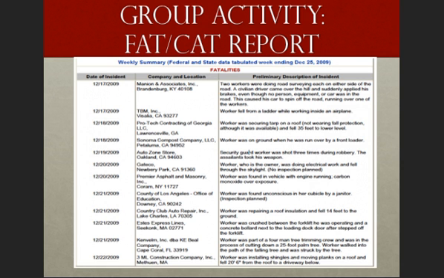I have put an image on the screen that outlines what is commonly referred to as the Fat Cat Report. Additionally, I want you to note a couple of things of interest. Firstly, the company name and company location are clearly identified as well as a description of the incident, including the date. Many people find this type of exposure to be a very negative type of public relations, and, although accidents do occur from time to time, this type of information can be looked up quite easily in the public domain